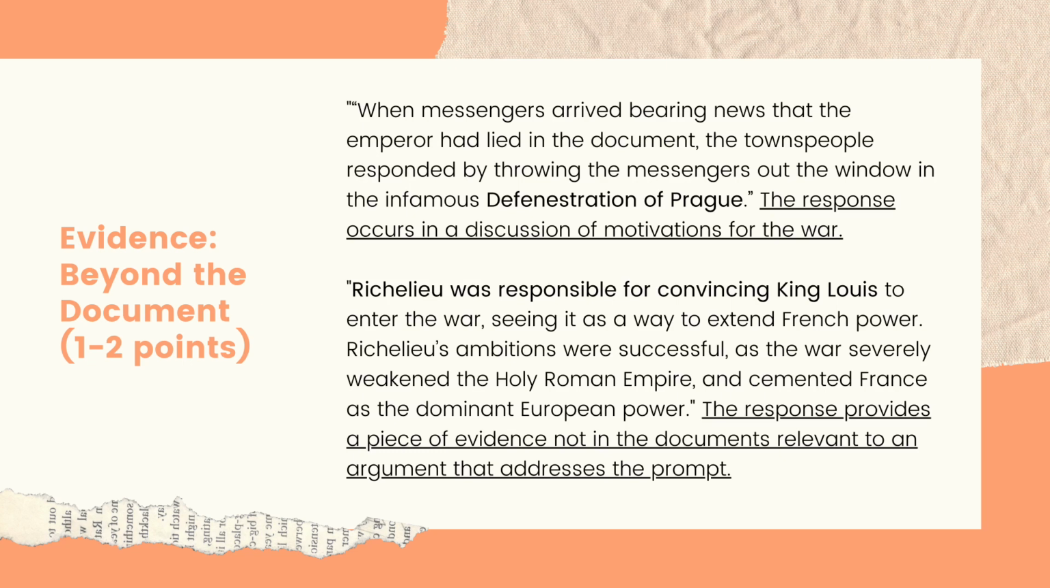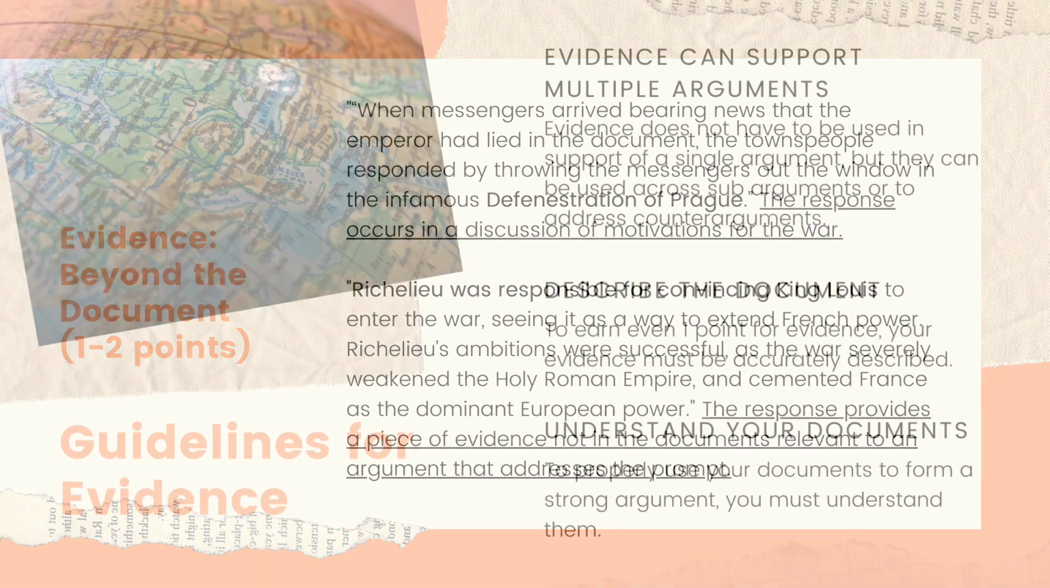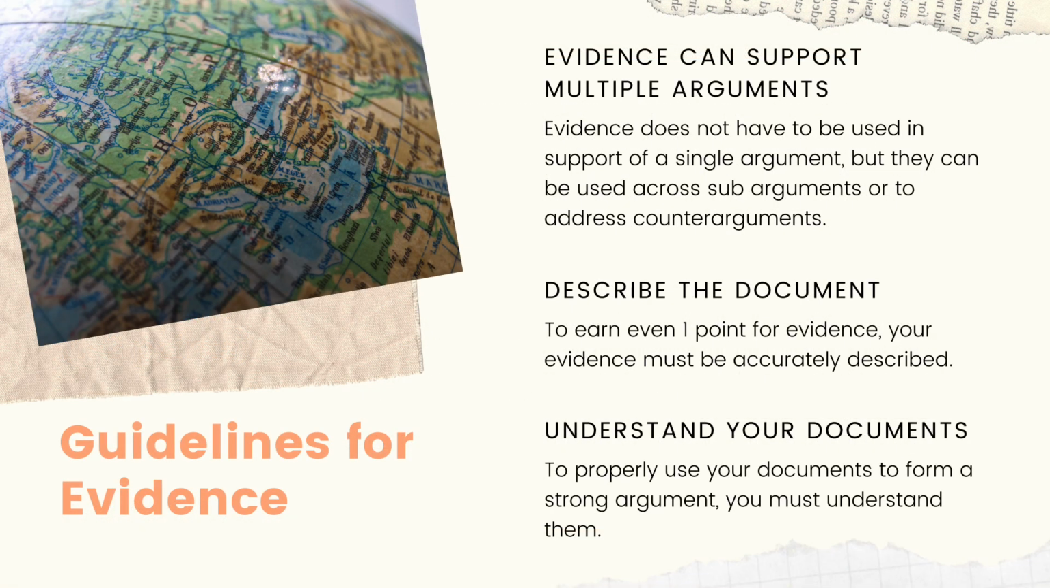Remember, for that point, you can earn up to 2 points. If you use 1 piece of specific historical evidence, you will earn 1, and if you use 2, you will earn 2 points. Here are some guidelines for the evidence. Remember, evidence can support multiple arguments. Evidence does not have to be used in support of a single argument, but they can be used across sub-arguments